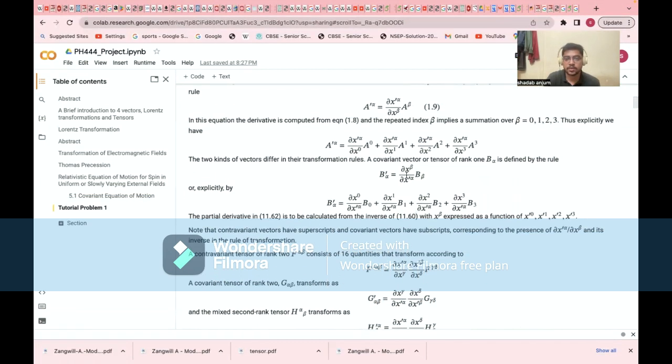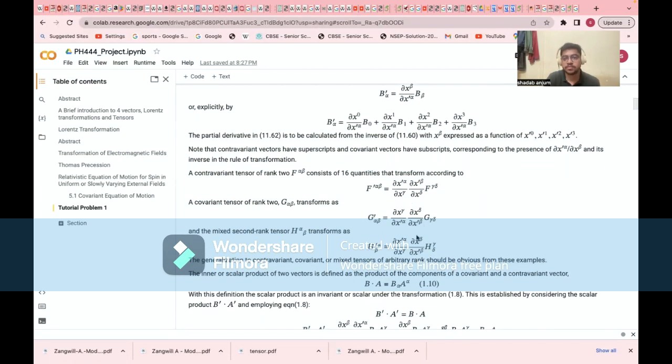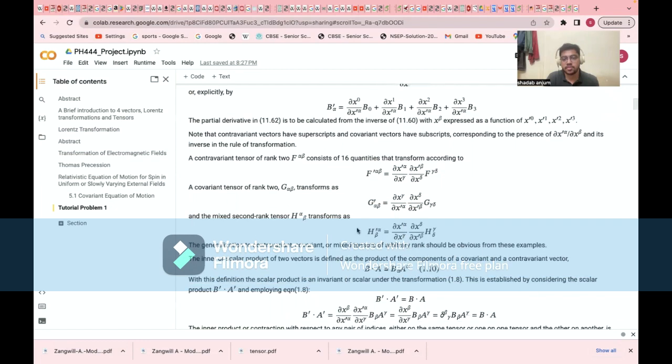It's basically ∂x^β over ∂x'^α, the inverse of the differentiation that we were doing there. And the various transformations: a second rank tensor has been given to convert a contravariant tensor under the same rule of transformations. You use this. And for covariant, you just use two covariant definitions, and for a mixed, use this, where this